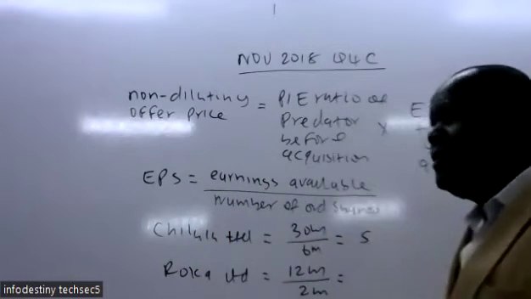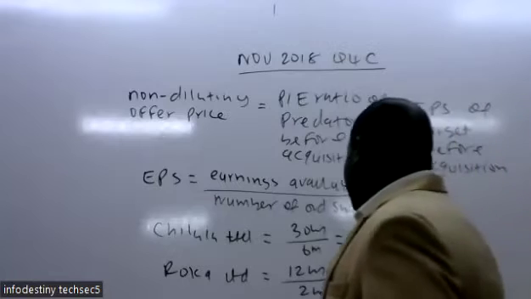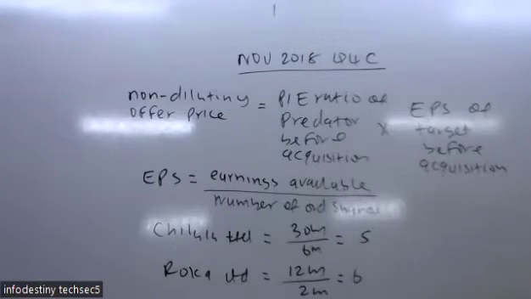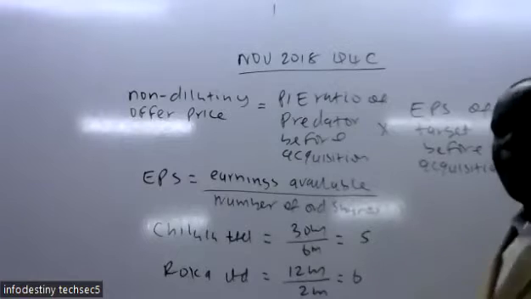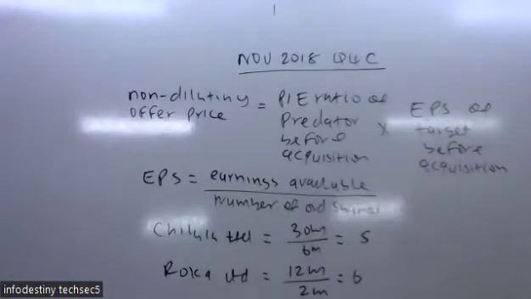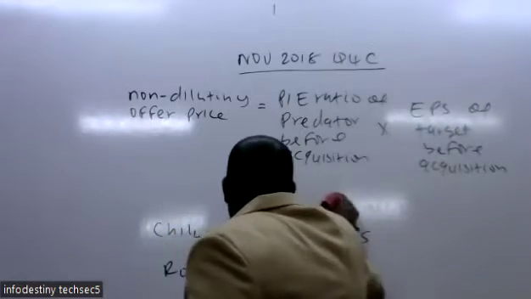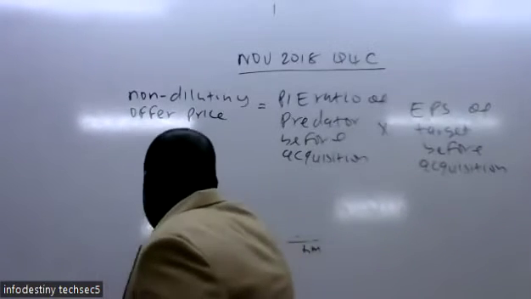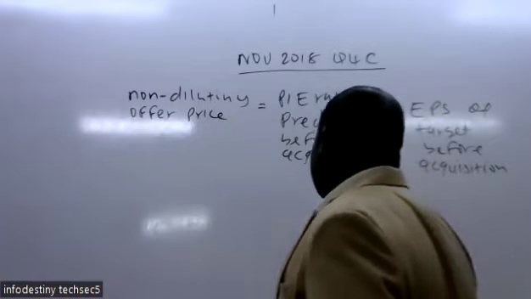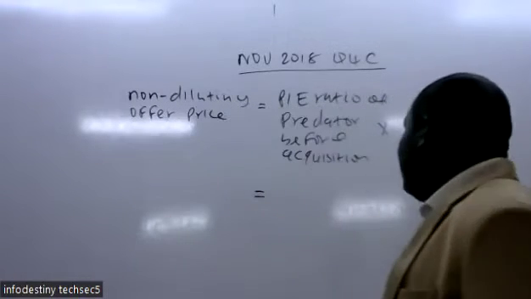So when you do that, we end up getting 6. Once we have done that, we go back to the question to calculate the non-diluting offer price. To compute the non-diluting offer price, we use the price earning ratio, the price earning